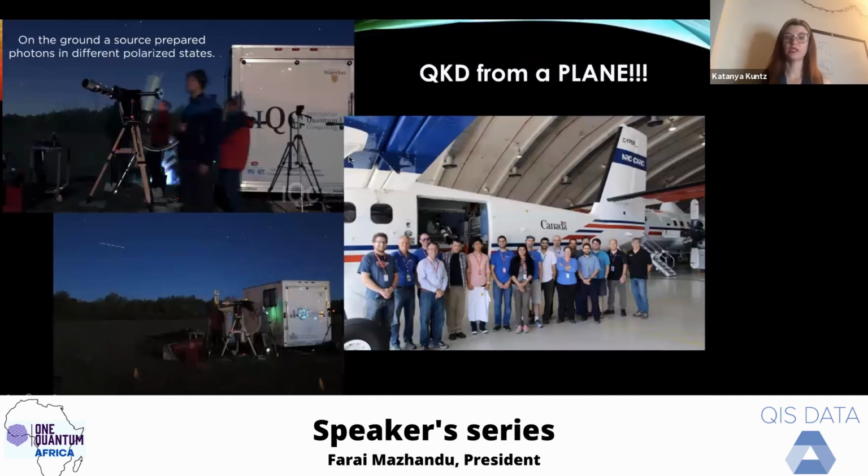So after we did the truck demonstration, the next thing was to do a much longer free space link. So we actually put the receiver into this plane. We did this with the NRC, there was a collaboration in 2017. And the group flew the plane, the receiver was up there. These are pictures of the ground station. And you can see in this picture here on the left, the streak is the plane flying overhead as we were linking to it. And so this was also successful, which led into the Keysight mission.